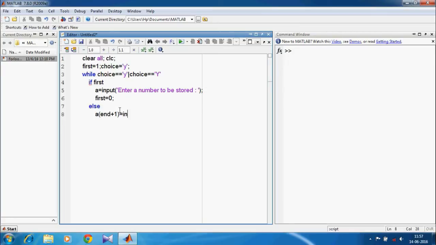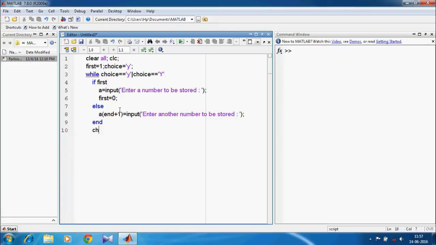Else take input a number for a new element of a. End for the if statement. Input choice, asking the user if there is another element to enter. End for the loop. Now display the final array.